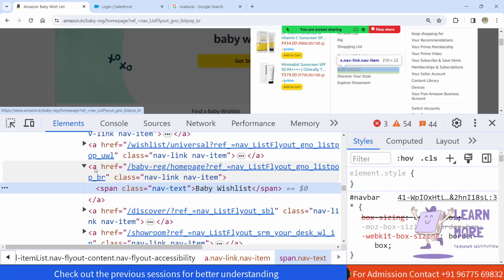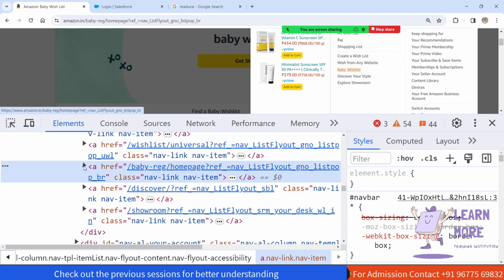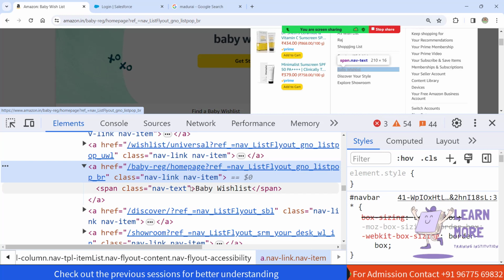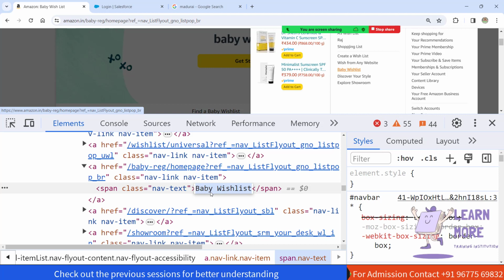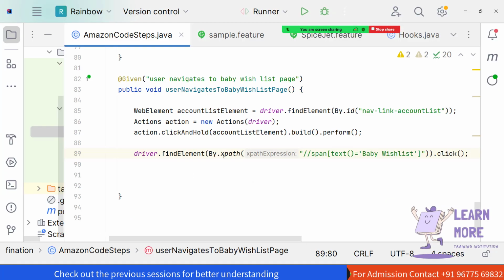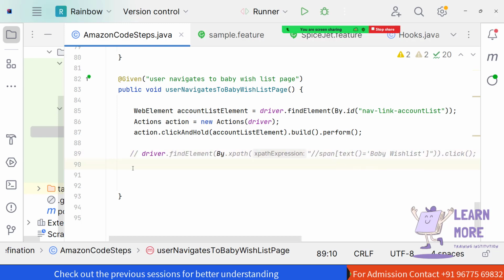Okay, you could see we have the starting tag over here, and the a tag is terminating here, and the span is present inside the a tag, which means it can be easily handled by either the link text or the partial link text. In order to work with link text or partial link text, we should pass the text value, which is what appears in black color. I can handle it with the help of its path, or instead,